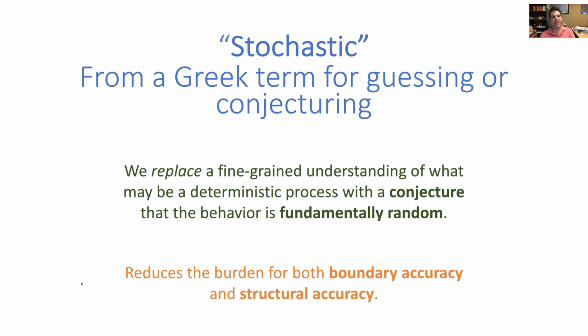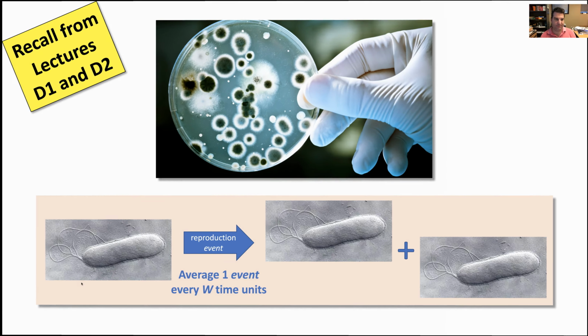And maybe we wouldn't need to get all of the connections among those things quite right. We could filter over those by just using a random behavior instead. We're not saying that the real system is actually fundamentally random, but we're saying that we have a better chance at modeling it computationally or mathematically if we assume it's random instead of what it actually is. That's why stochastic comes from this idea of conjecturing.